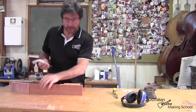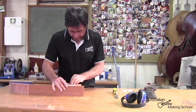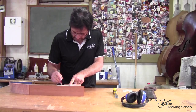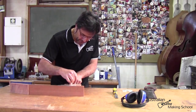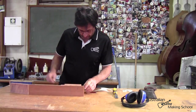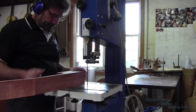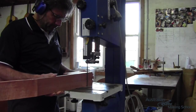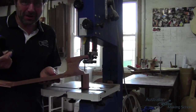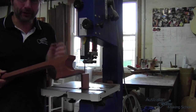So we mark from this side. You can mark any side, but I'm marking from this side. Okay, so we'll quickly mark it out. Okay, so now we can cut the shape on the bandsaw. Earmuffs. Okay, here it is, our heel shape, and now we cut down the width of the heel block before we